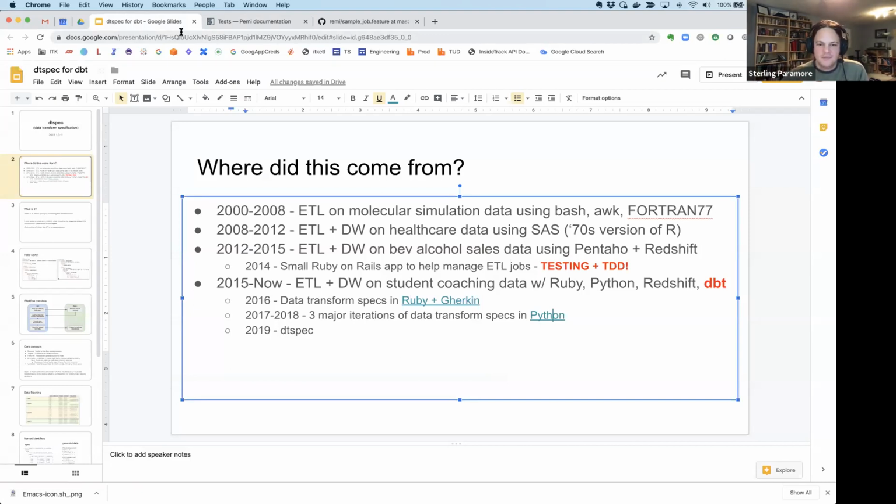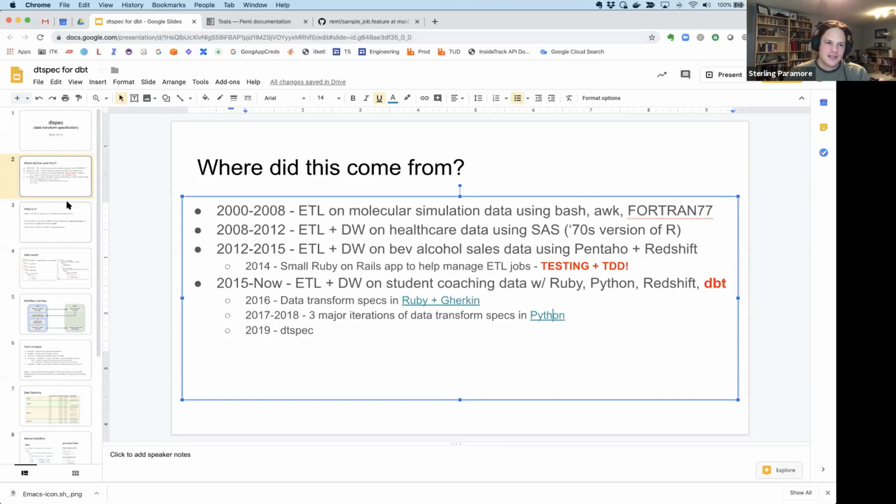And then this summer, or rather late spring, I finally discovered dbt, and that was another really, really big eye opener for me, because it solved so many of the problems that we continually struggled with in our homegrown data transformation pipelines. So it was a no-brainer to me that I wanted to move a lot of our data warehousing over to dbt, but I didn't want to lose a lot of the testing infrastructure that we had built with these Python tests. So that's what spawned this work with dtspec.